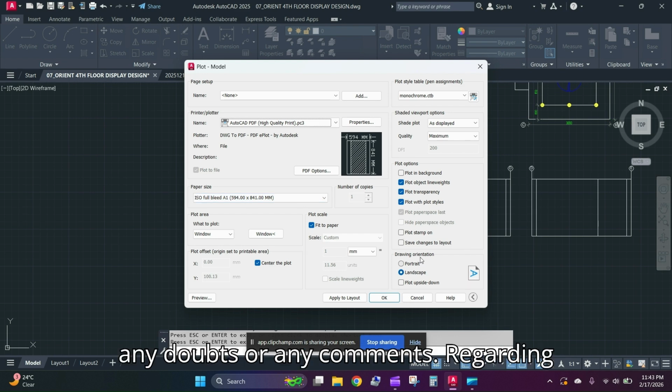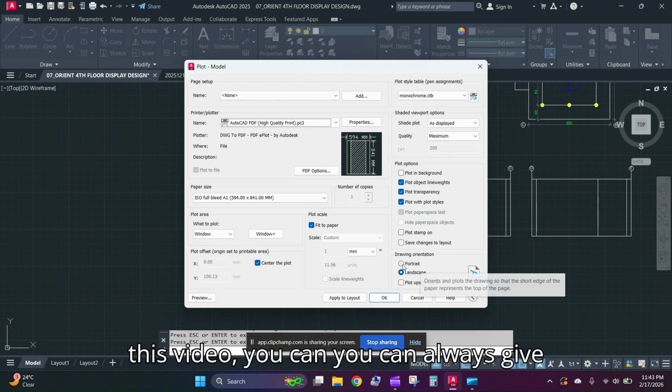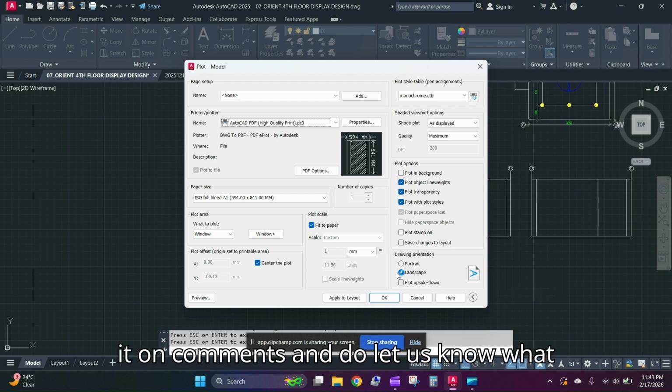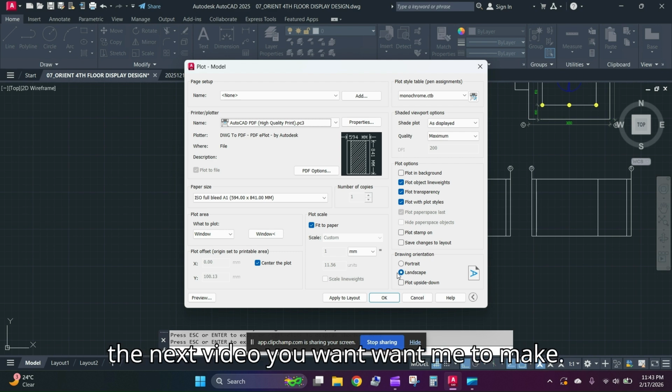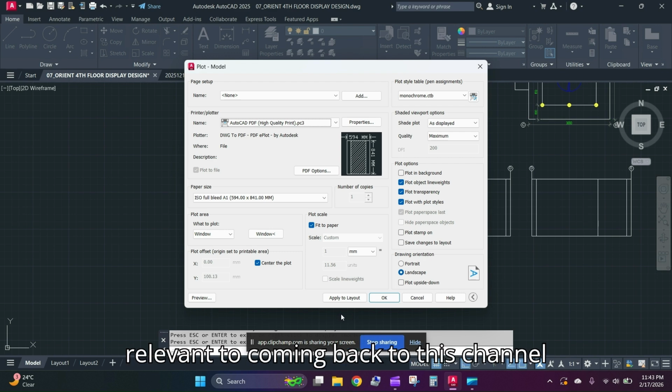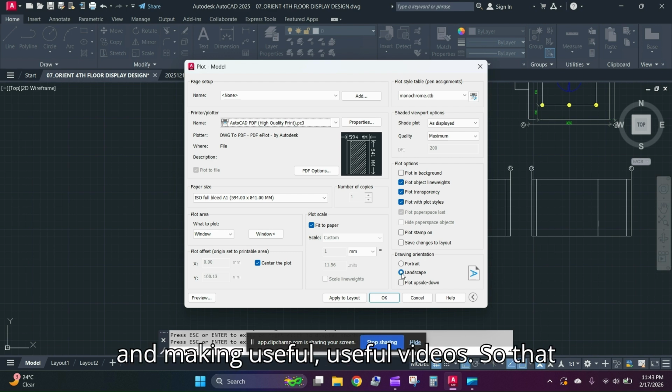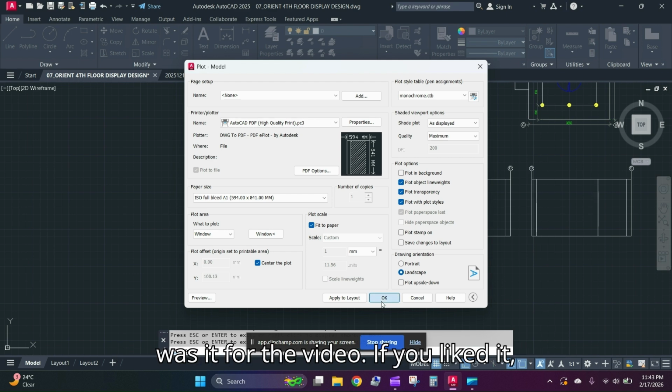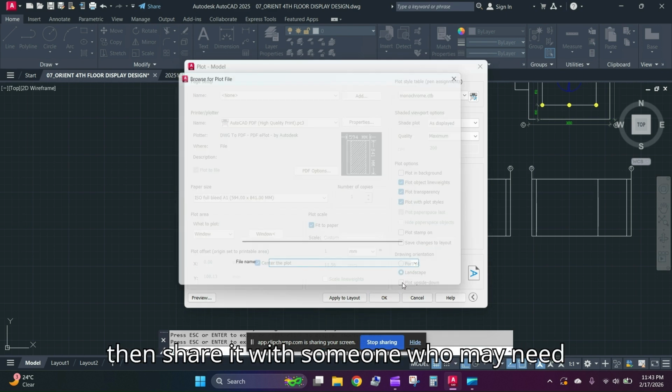After that, you have to select the orientation, whether you want it in portrait or landscape. I just selected my drawing in the landscape format, as you saw in the preview. So I will select the landscape format and just press OK. After pressing OK, you have to do